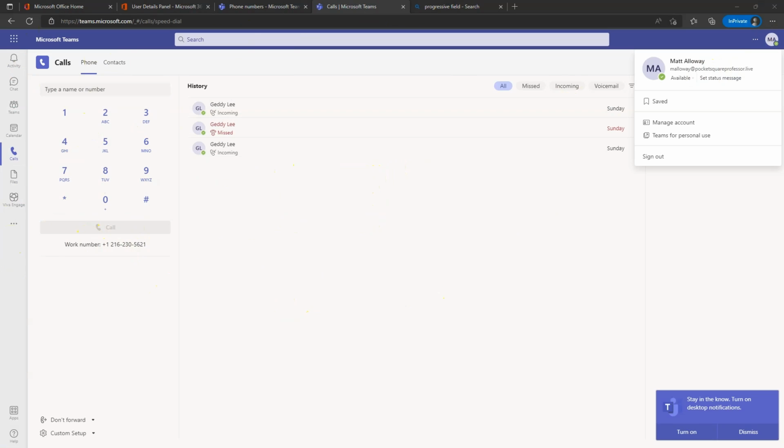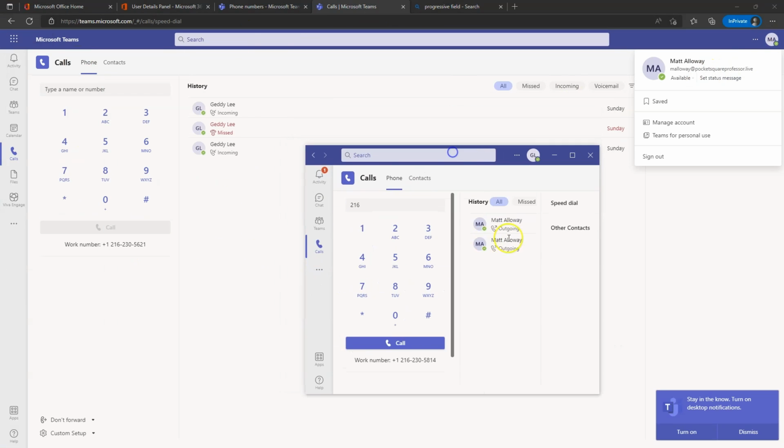All right, so Geddy Lee has not. Go ahead and hit that. All right, he's got a phone number as well, so I'm going to call 216 just to bring this over here so you can see it. So remember, I'm calling from Geddy Lee here,